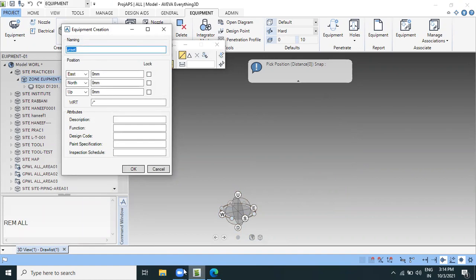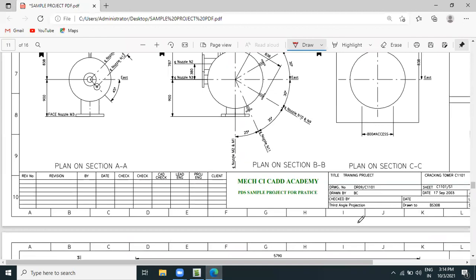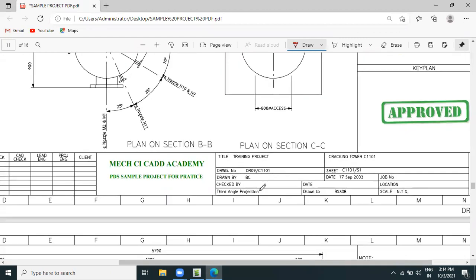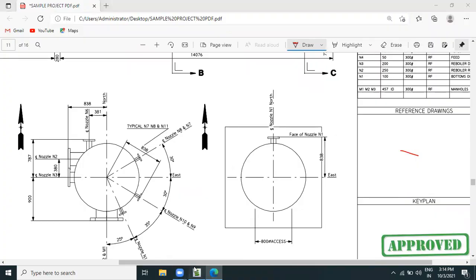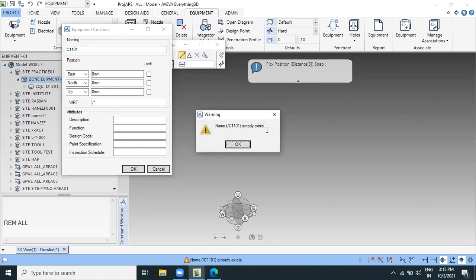The name of the equipment is cracking tower, C1101. Then if you want to position here, give the value, otherwise give it after the completion of all the equipment. Then okay, C1101 already existed, so okay here.